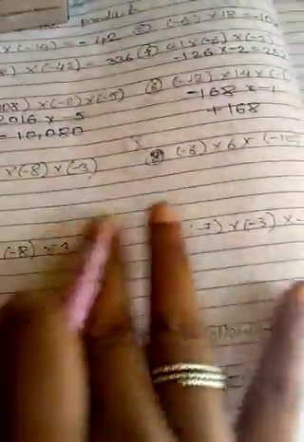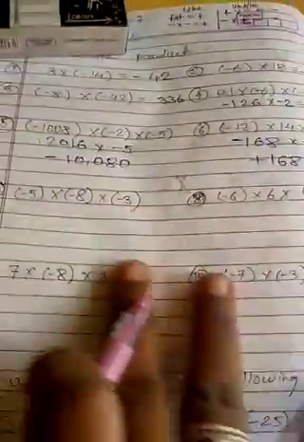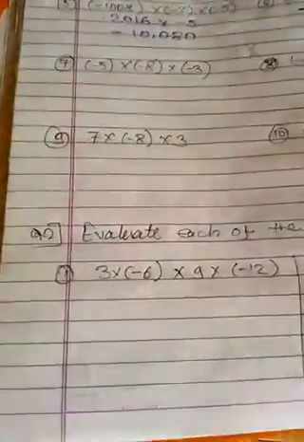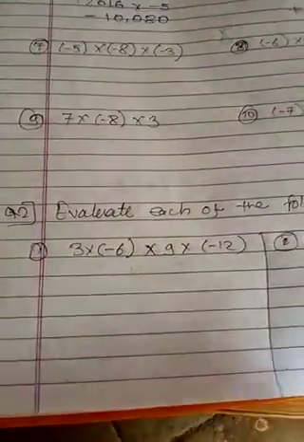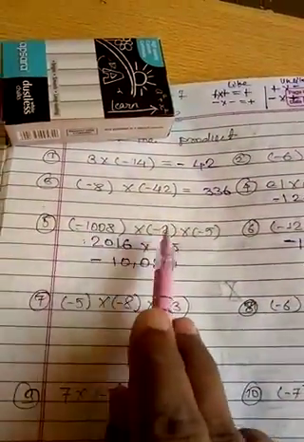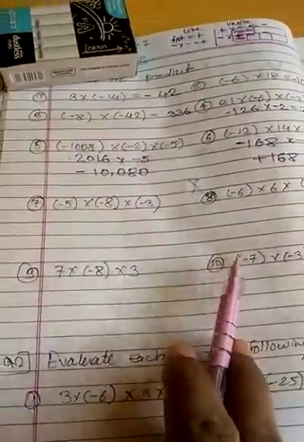Okay students, like that there is no difficulty in it. You can solve the remaining questions also. We will solve question number 2 now. In that you just see, here are four integers. First we solve two integers in this way, three integers in this way. These four questions you have to do. There is nothing difficult in it.